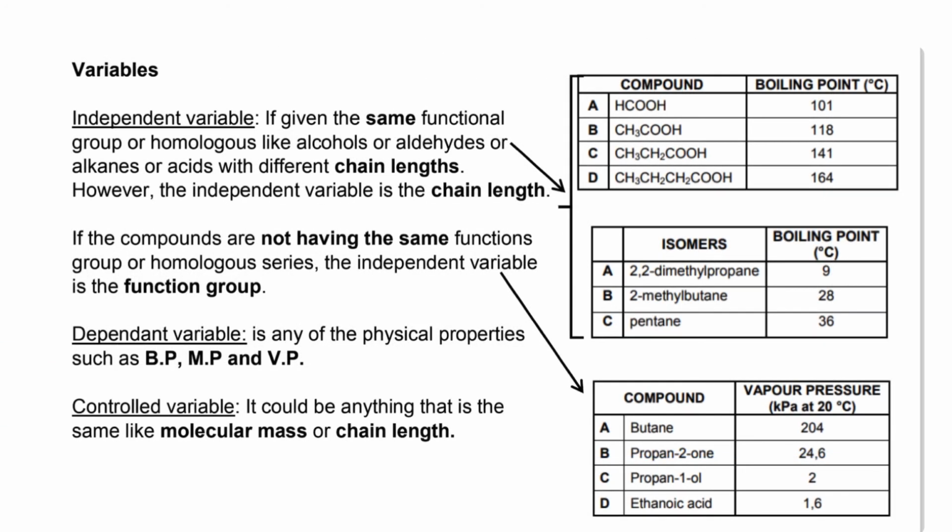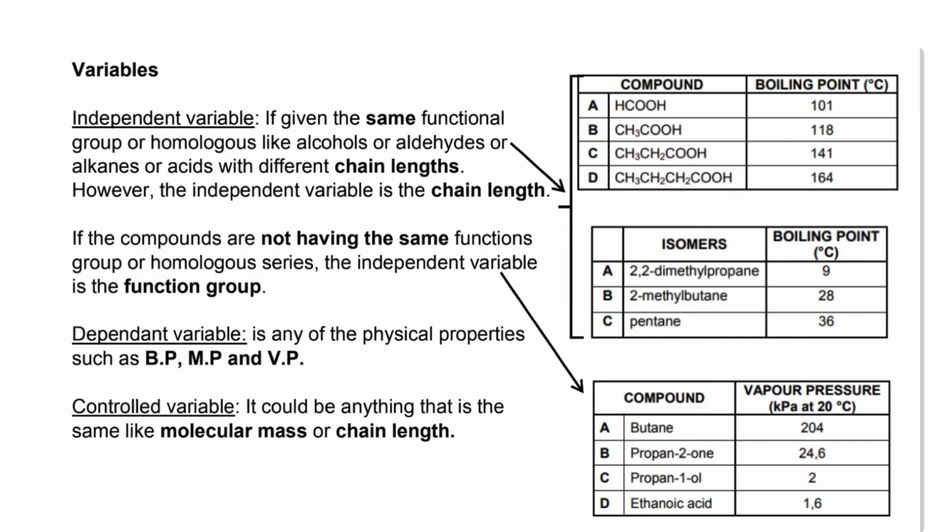Let's look at the variables, the independent and dependent variable and the control variable. Now, the independent variable, guys, is what makes the compound different. If you look here, you have compound A to D, and they are the same homologous series. It's carboxylic acids, all of them. So the independent variable is what makes them different. What makes them different there? If you see, there's 1 carbon, 2 carbon, 3 carbon, 4 carbons, right? So it's the chain length that is going to be the independent variable here, and always the dependent variable